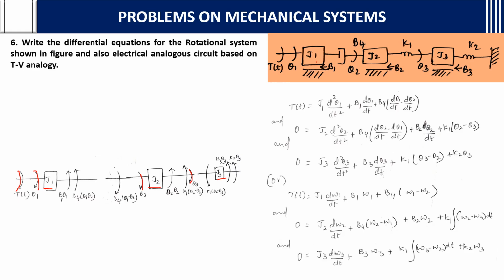As it is with respect to J1 only, we will consider B1 theta 1. And for B4, it is between theta 1 and theta 2. So we will take B4 into theta 1 minus theta 2, in both this direction and this direction. After that,